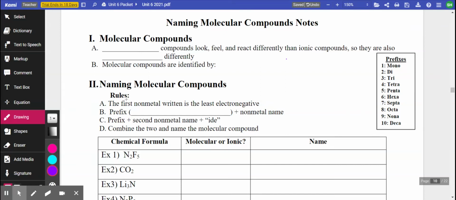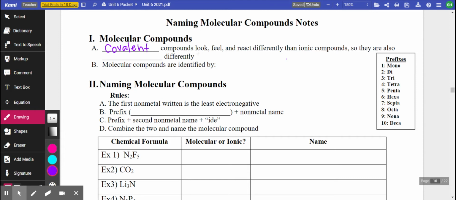All right, so we have been working on how to write names and formulas of ionic compounds this past week. We're going to now learn how to write names and formulas of molecular compounds. Molecular compounds are also known as covalent compounds. Okay. So our covalent compounds and ionic compounds are going to look,